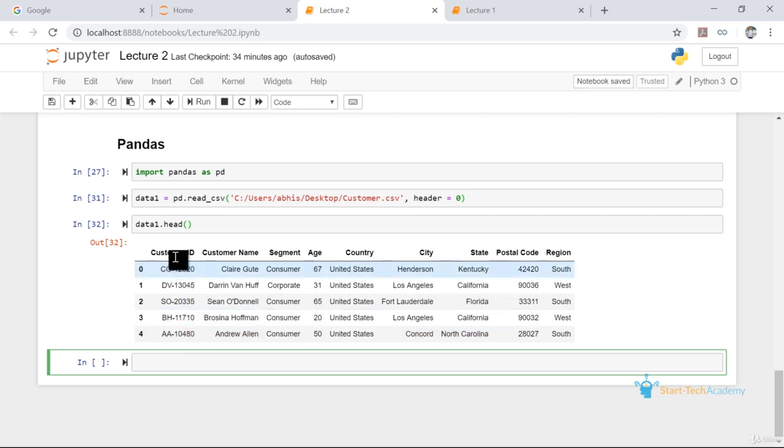First is customer ID. This is a unique ID for each customer. Second column is customer name. Here we have the customer's full name. Then there is segment, whether the customer belongs to a consumer segment or corporate segment. Then we have a column for age, the age of the customer, then the country, city, state, postal code and region